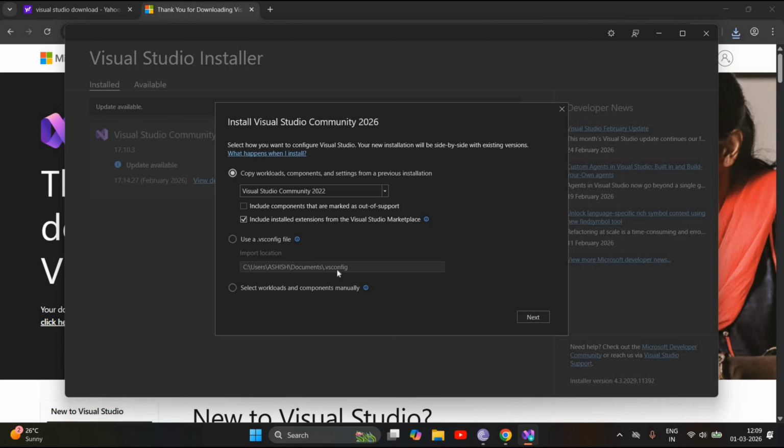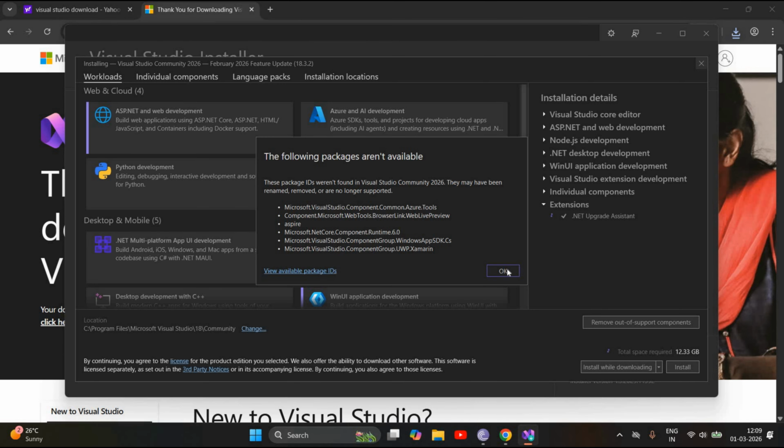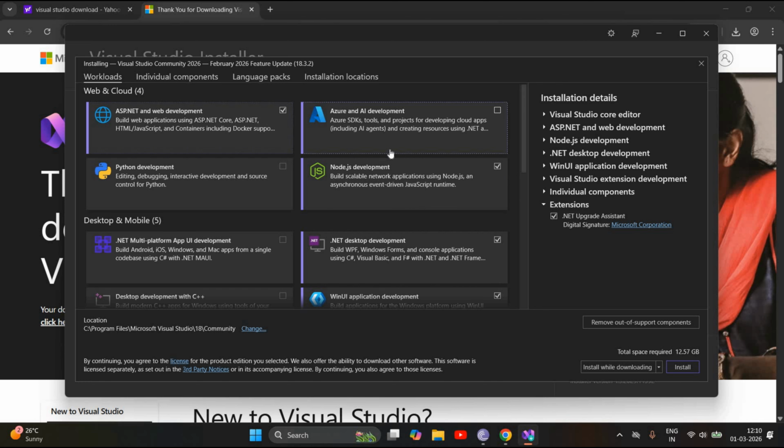So we are going to click on the Next button. If you have no Visual Studio edition or an older edition, then this message is not displayed for you. Click on the Next button. Click on the OK button. These packages are not available for this Visual Studio because they are supported by the older version of Visual Studio. So we are going to click on OK